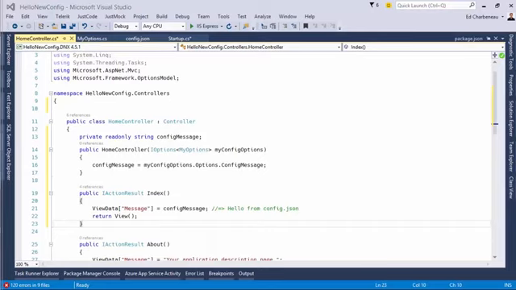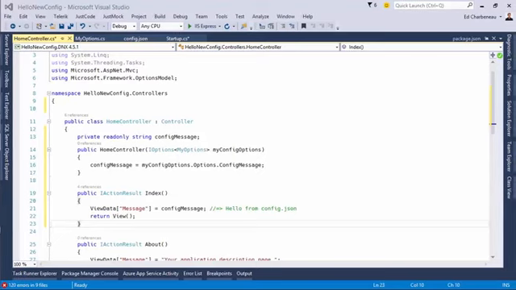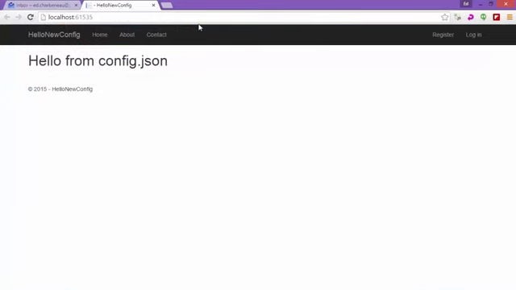This works because the service provider is resolved for us in the creation of the controller instance. The config message can now be retrieved from the options, and we can assign that to a field which can later be used in an action on our controller. In the index action, the config message has been assigned to some view data so we can retrieve it in the view and display it on the page. When we run the application, you can see "hello from config.json" was retrieved from our config.json file and displayed on